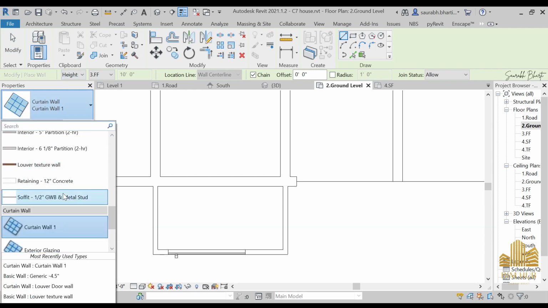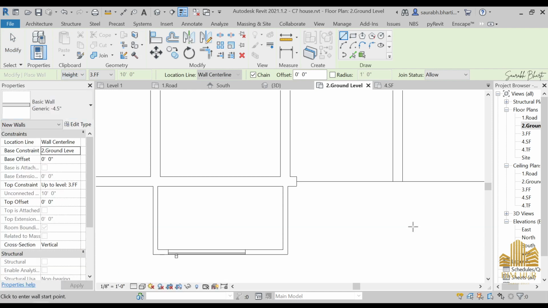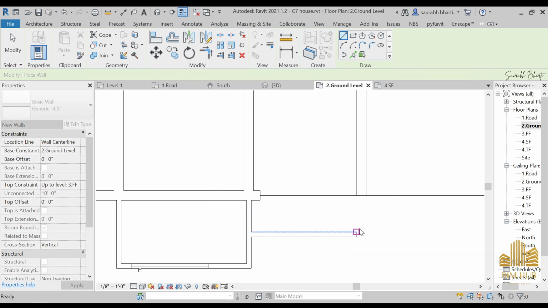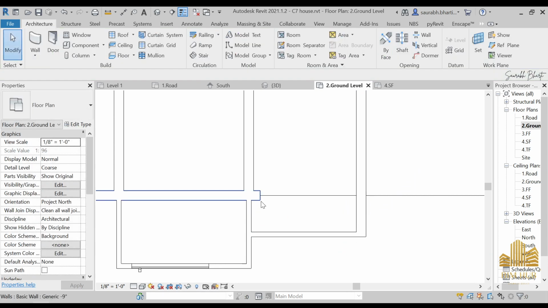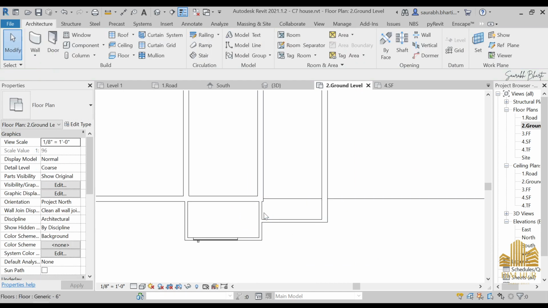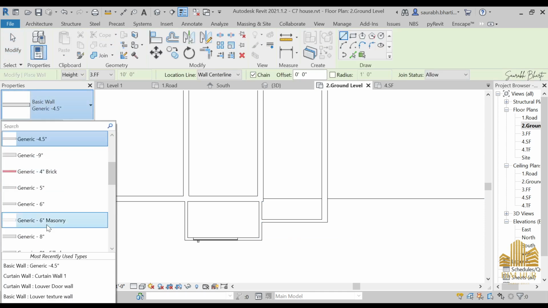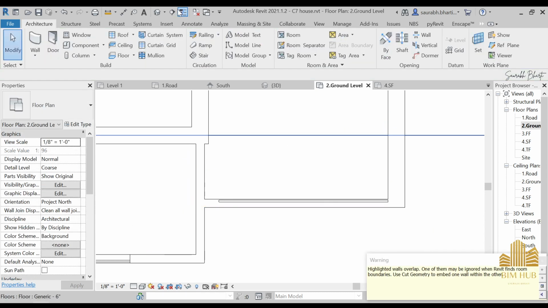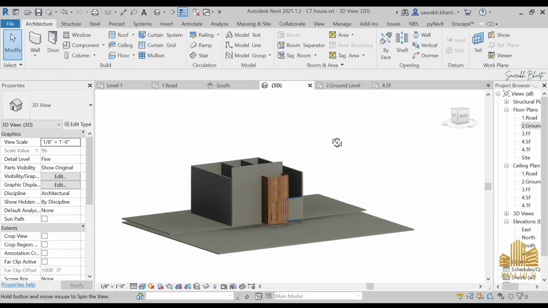So for this part I'm going to select 4.5 inches, basic 4.5, and make it from this place, trim it, and then trim this portion. Done. After this, we have to make that curtain wall that we made earlier. So go to the wall once again, go to the curtain wall one, and just make it something from here till here. Done. Again, go to the 3D view